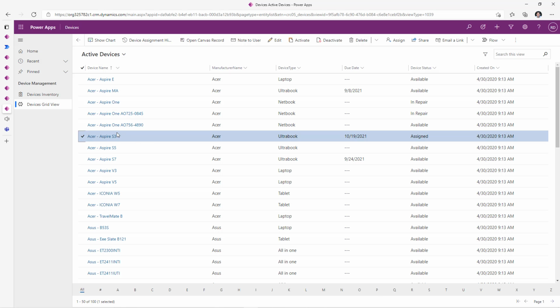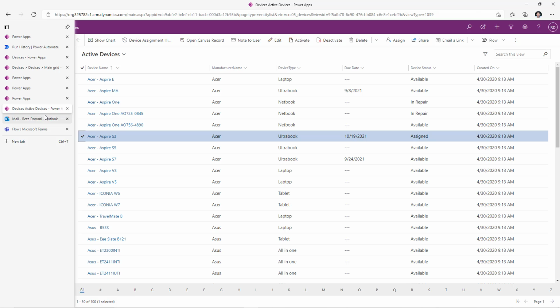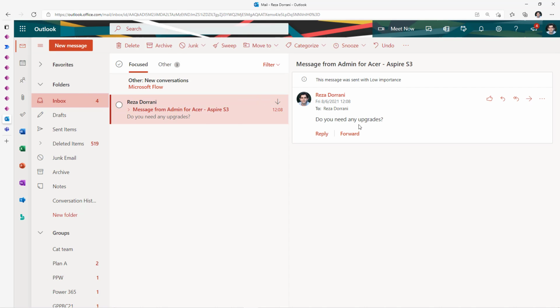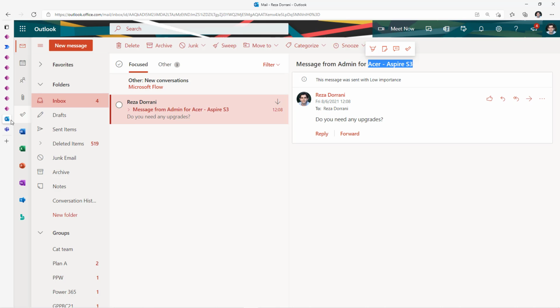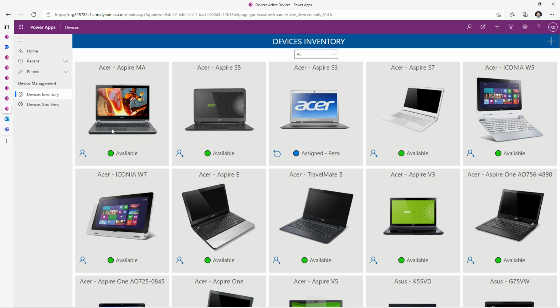The person who this device is assigned to, in this case it's Reza. Reza receives an email with the subject message from admin for the name of that device, and here is that message. Now let's try and replicate certain components of this solution from scratch and also deep dive into the key